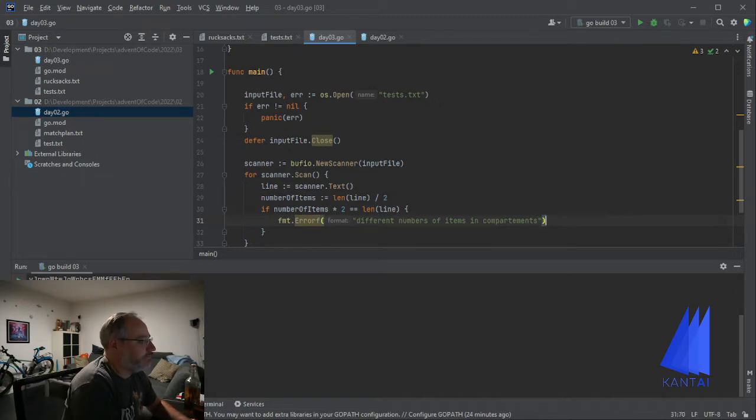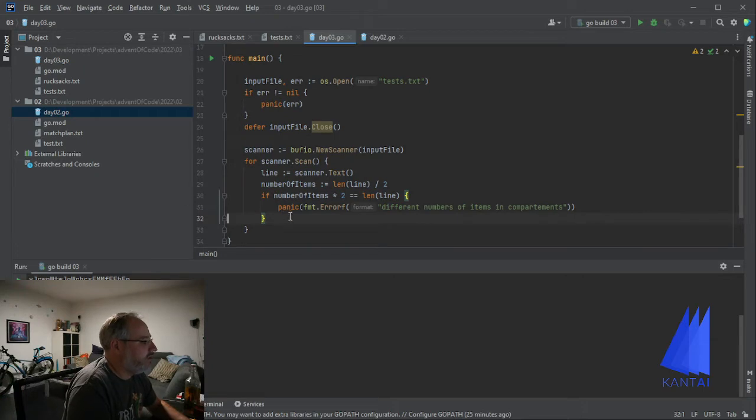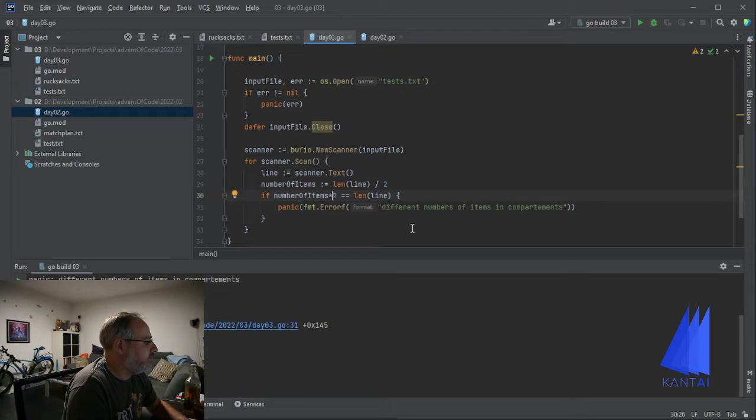Okay, and then panic. It always makes sense to check the input and to see if what you expect is what you get. Otherwise you might run into some